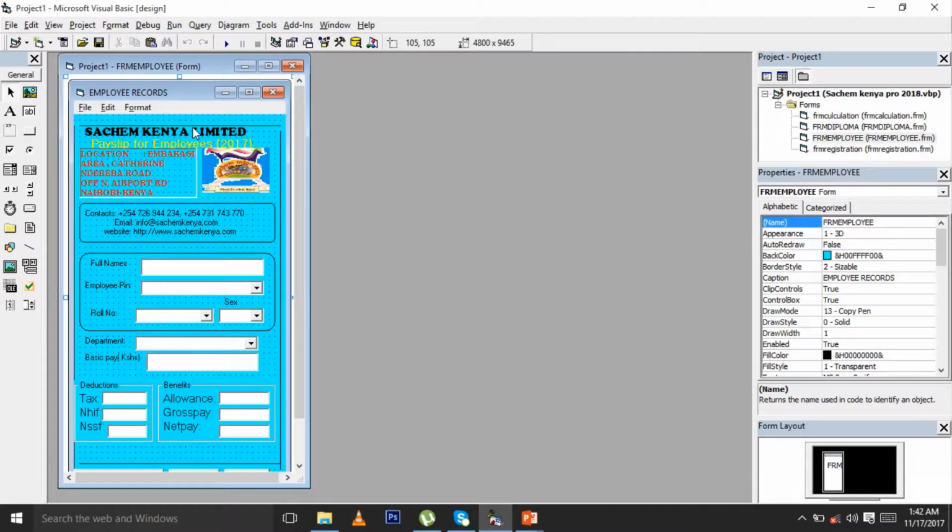Here is all about how you can create a payslip using Microsoft Visual Basic. As you can see here, you need to first create an object window. You design your payslip how it should be. You need to include the name of the company, the payslip information, and maybe the location where